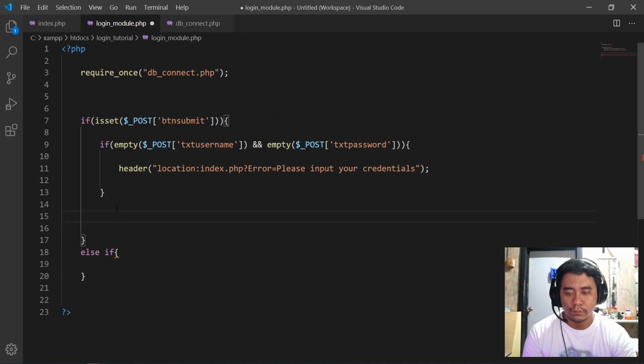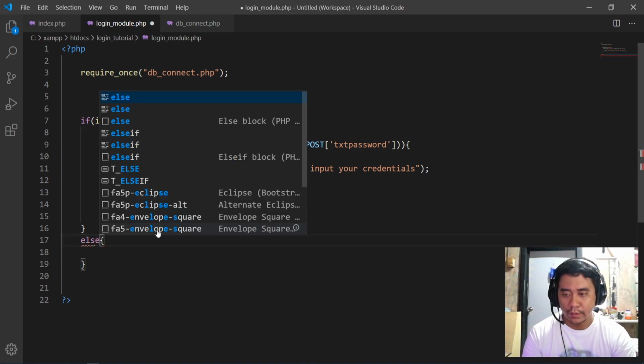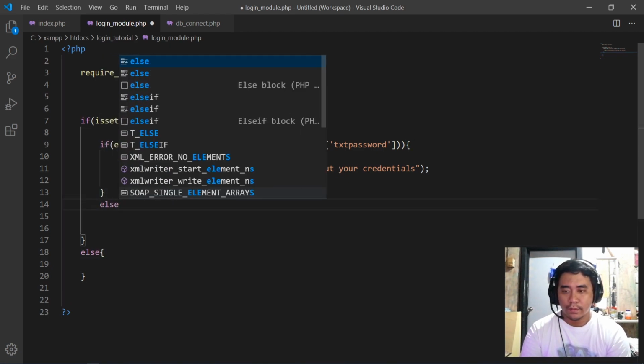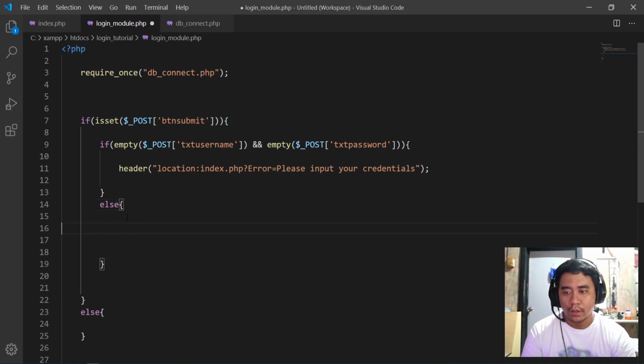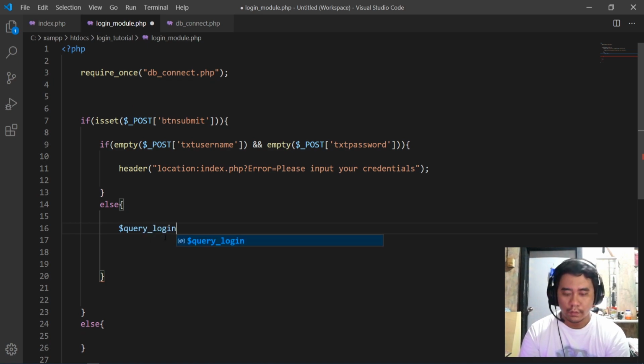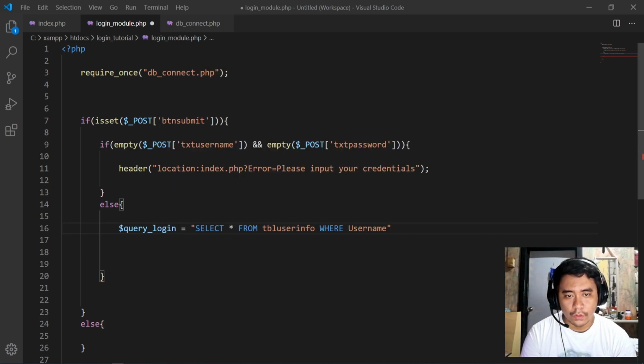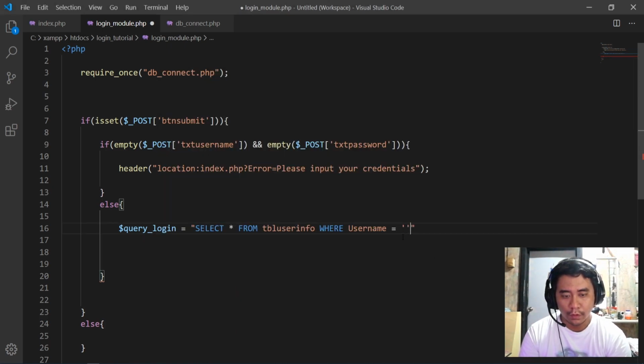So, okay. Next would be else, okay. Dito na tayo mag-query. Okay. Create a query. query_login. Okay. Is equal to SELECT * FROM tbl_user_info. Ito yung table natin sa database. Where username, check natin database natin ha. Tingnan natin yun. Username is equal to double quote